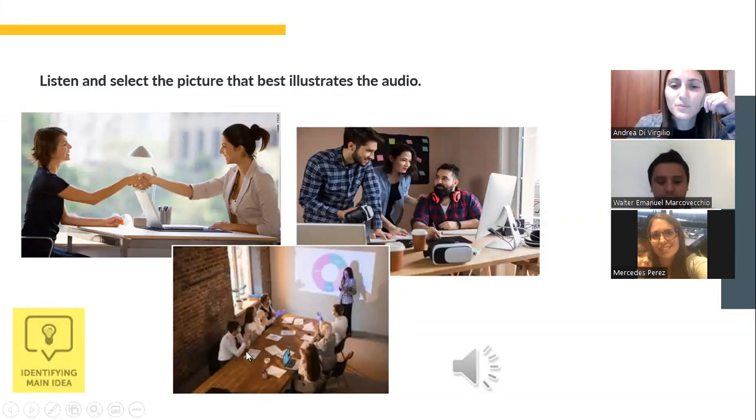And what about in picture 3? How is it different from the other 2 pictures? Como una exposición. Okay, a presentation.